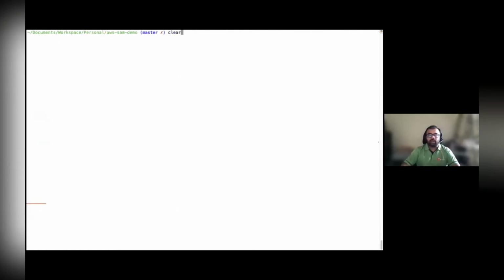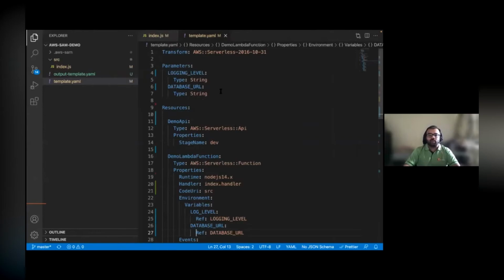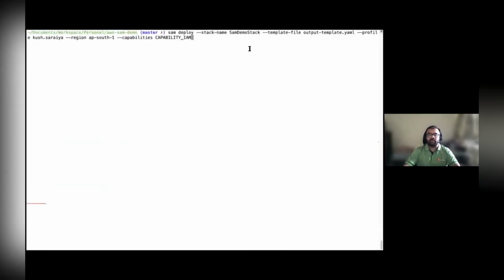I'm just going to clear this out. Let's say you do a deploy. Now in deploy, this is the place where you'll have to specify those parameters. Which are the parameters you want to use when you deploy that? Because this is where it will resolve these variables now, the parameter section. Okay. So this is where I'm going to say